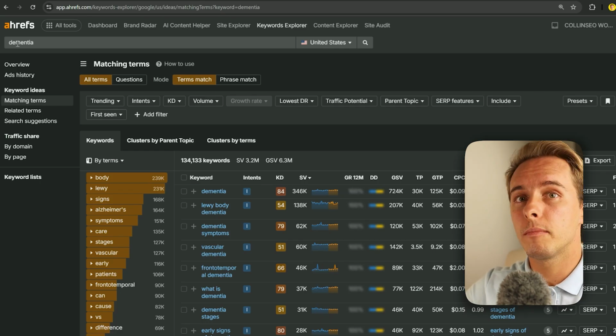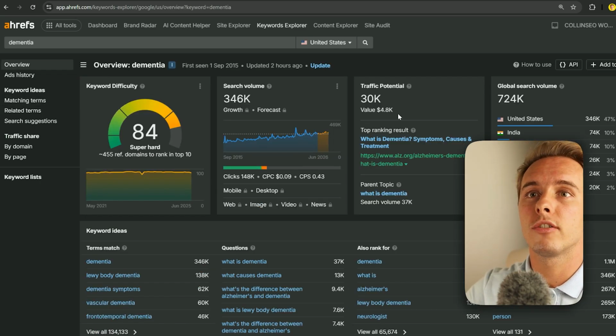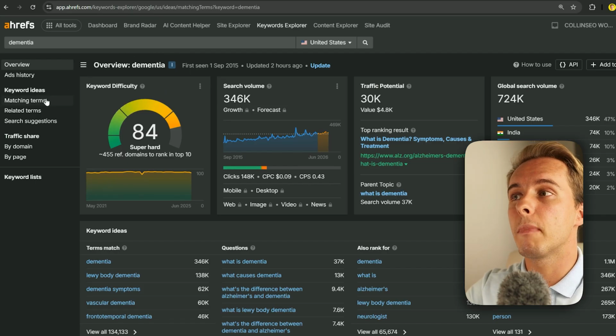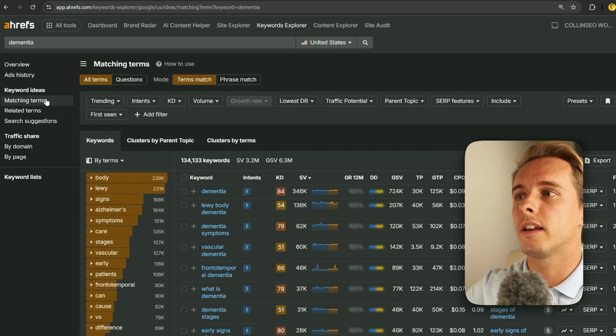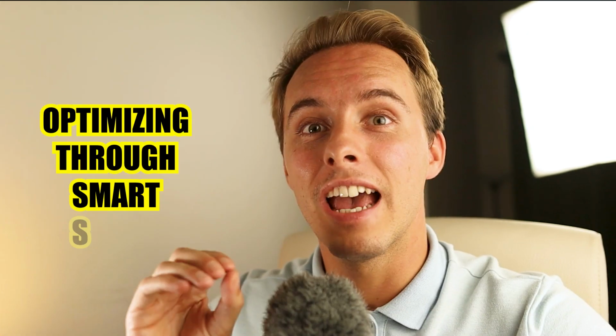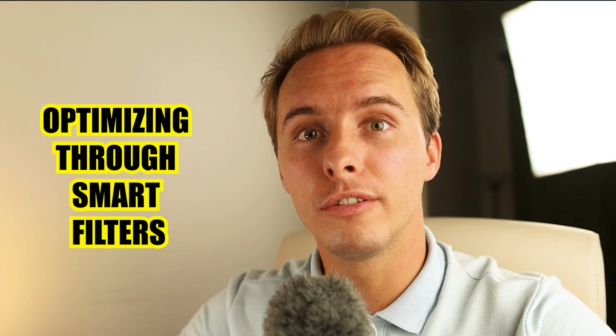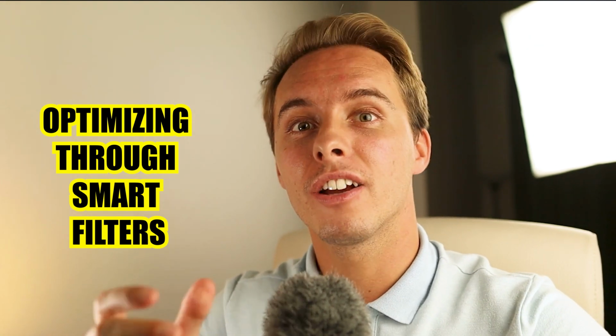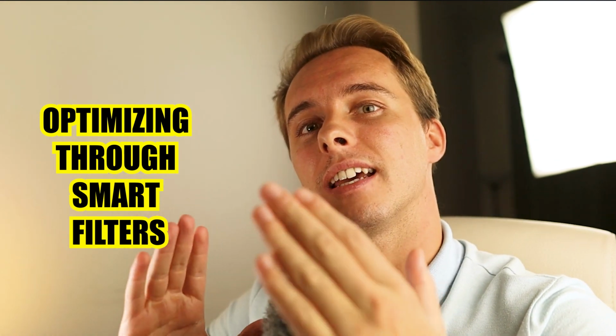It can be specific or it can be generic, and you'll see a dashboard with all the information related to the keyword. But if you go to matching terms, or in other tools it will be named differently, you can see all the keywords in the world that contain that initial keyword you've put. But the key here is that there's a lot of filters. Filters are an SEO's best friend because